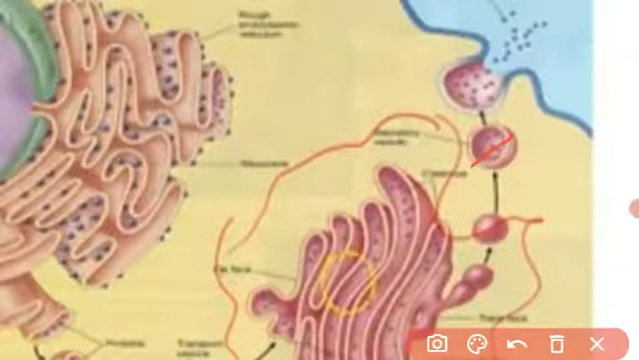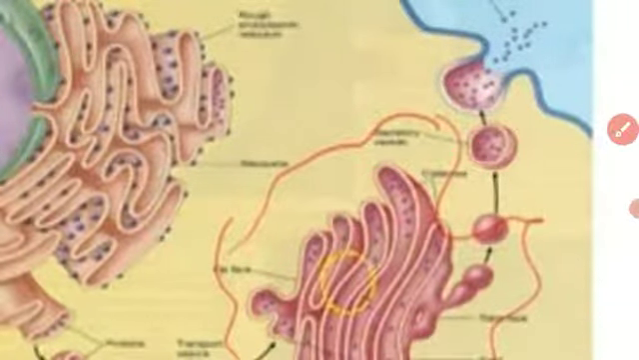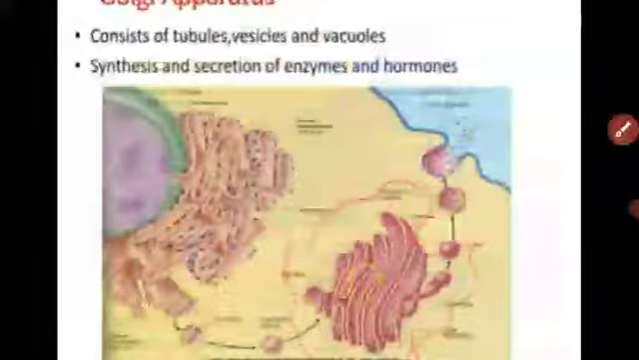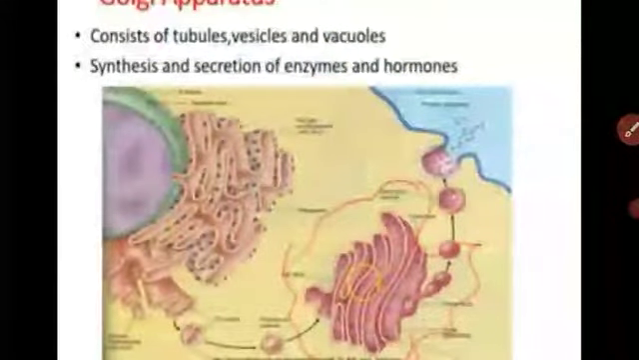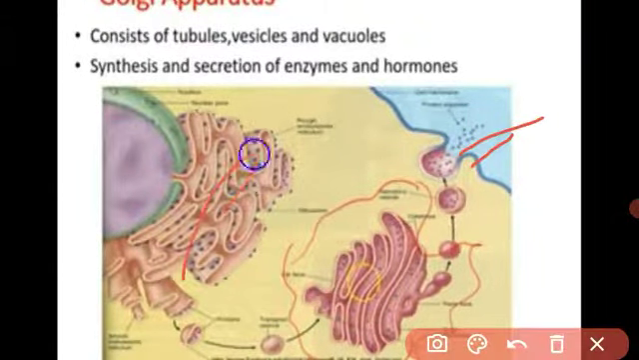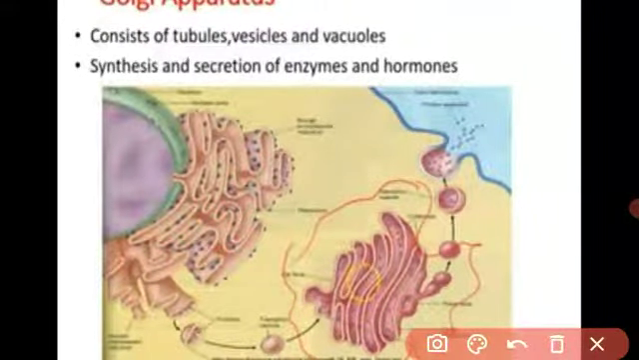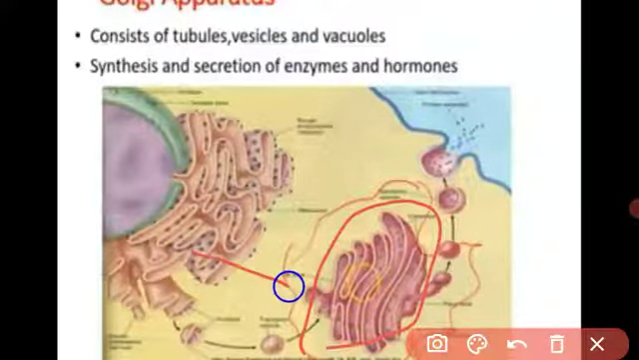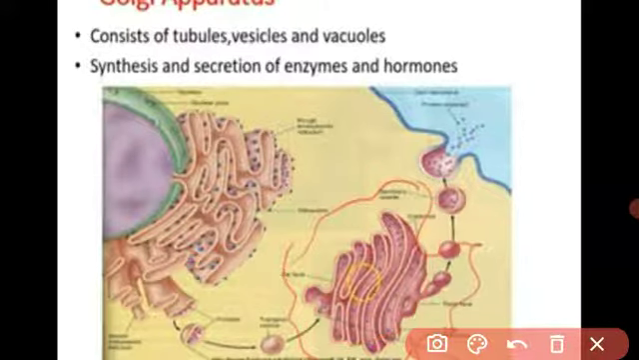This Golgi apparatus arises from the endoplasmic reticulum. In the previous classes we studied what is meant by endoplasmic reticulum. This part of the cell is called the endoplasmic reticulum, and the Golgi apparatus arises from it. Got it, student? What is the structure of the Golgi apparatus? It is a hollow tubular structure. Vesicles and vacuoles are present in the Golgi apparatus,